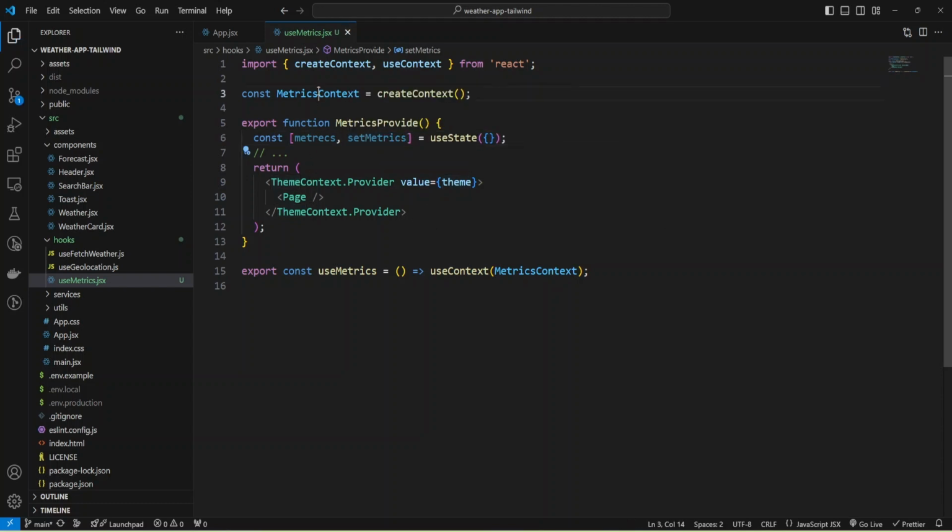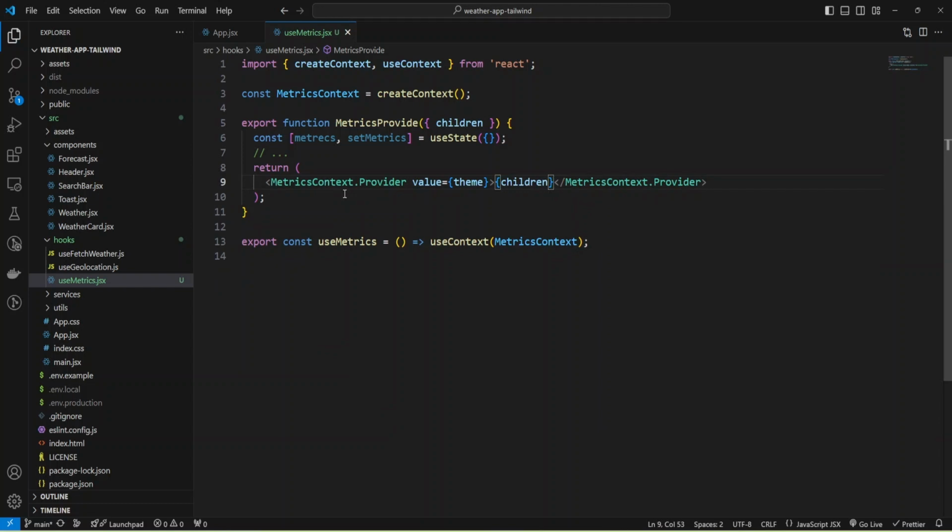Okay, and now I need to change the MetricsContext and also I can add props children, and inside the provider I'll provide my children. Now we can change the value and need to change the name.